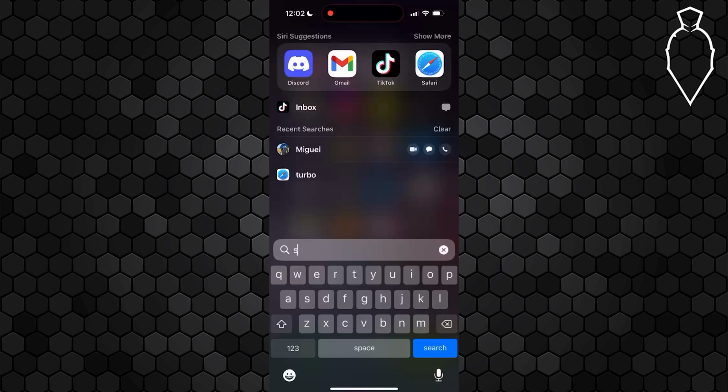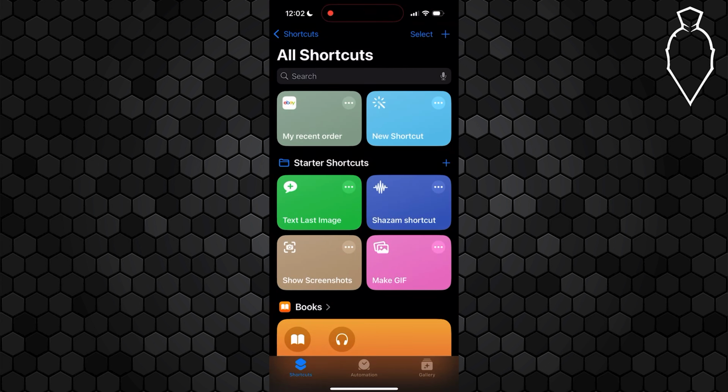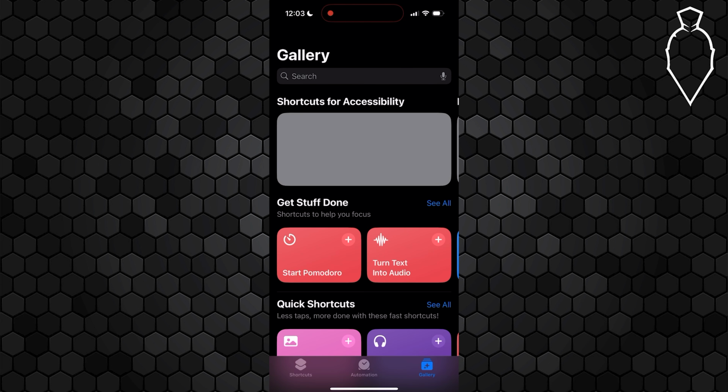First things first, swipe down and search up Shortcuts just like so and open up that app. Usually, if you can't find it, it is inside the Utilities folder. But obviously, if you'd rather just swipe down, go ahead and do that and search for it. Well, once you do have it opened up, go ahead and tap Gallery down in the bottom right,